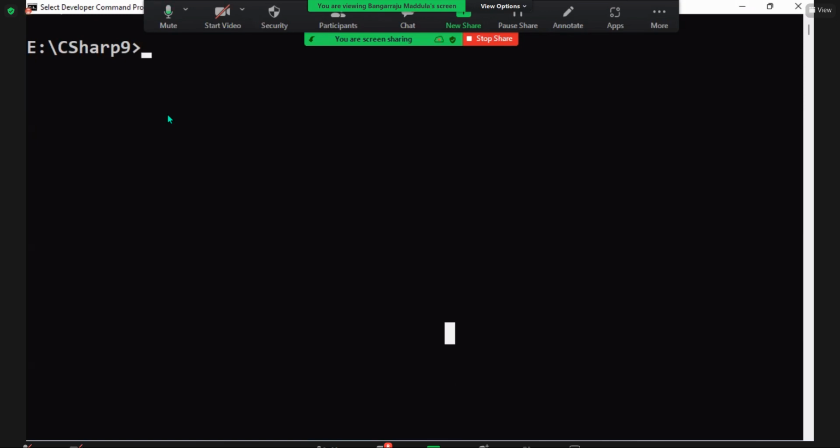The second type of arrays we have are two-dimensional arrays. What are two-dimensional arrays? Two-dimensional arrays are going to store the data in the form of rows and columns. So your data will be in the rows and column format. Okay. So if you observe this,